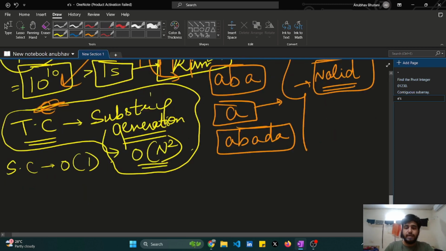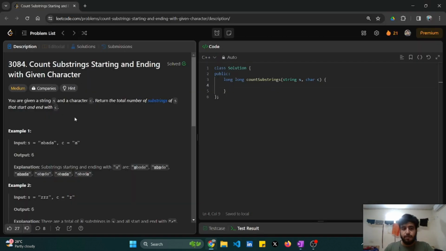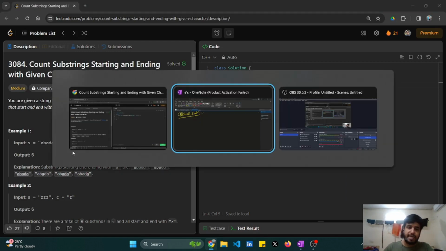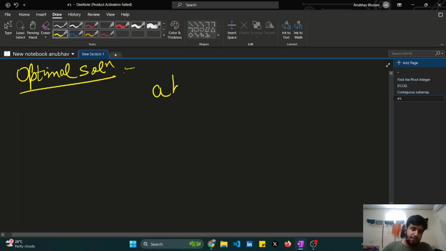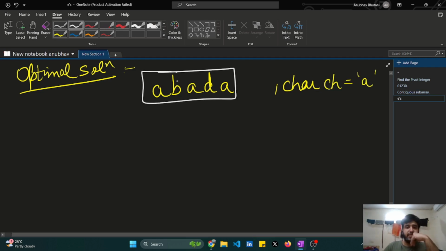So how can I arrive at my optimal solution? Basically, if you just see this test case, A, B, A, D, A, where my character is gonna be A. Okay. Now, if I just see this test case,